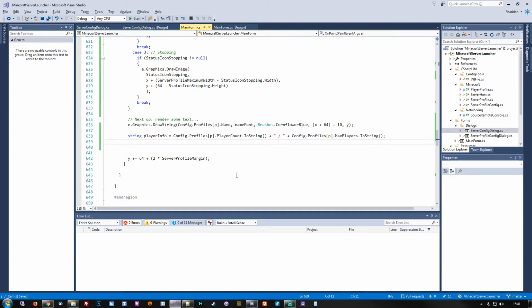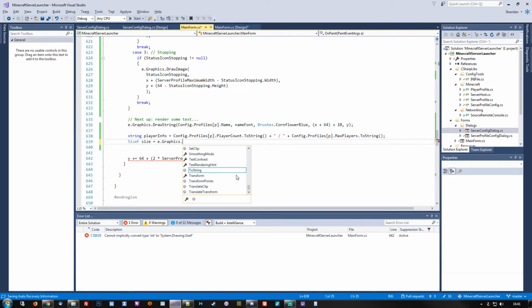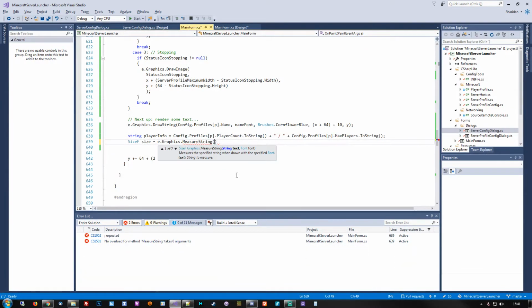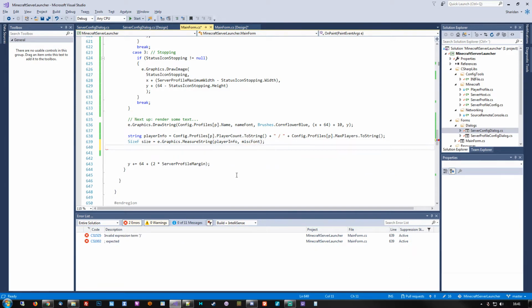Okay, so in order to measure how big a string would be if it were drawn, we need to define a size. So let's measure string. This would then be the player info text that we want to put up there, and then we need to specify the font that we intend to use. So this should provide us with a width and a height that this text would occupy, and that then allows us to